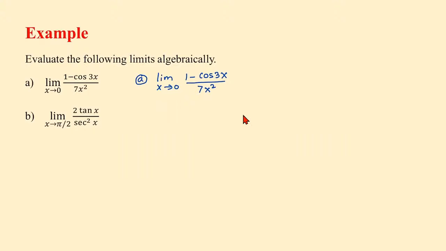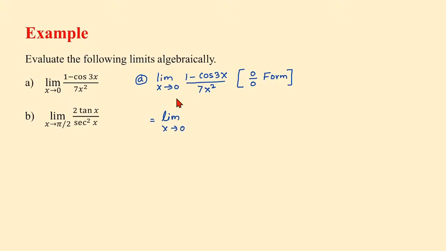So what we are getting here is, if we plug in 0, we are getting 0 in the numerator and 0 in the denominator. So 0 over 0 is undefined. So we get this 0 over 0 form. And what we know is if we get 0 over 0 form, we have to use L'Hopital's rule. That is, we have to find the derivative in the numerator and denominator. So this will be same as the limit as x approaches 0 of,